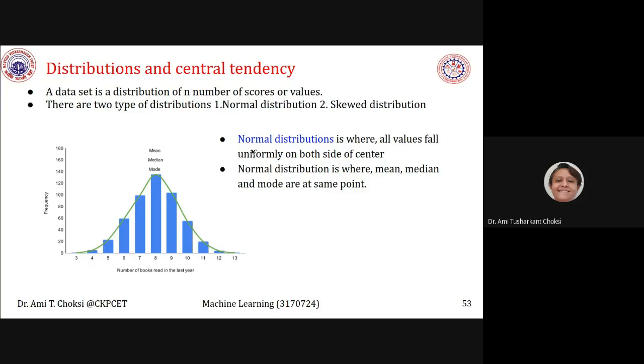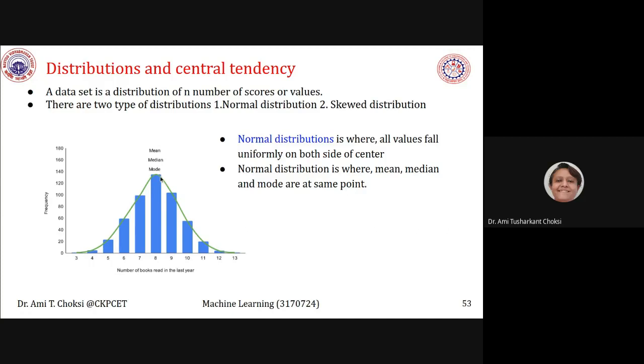Here, normal distribution is where all values fall uniformly on both sides of the center. Here in the figure, we can say this is the normal distribution. Why normal distribution? Because at the center, we have mean, median and mode.